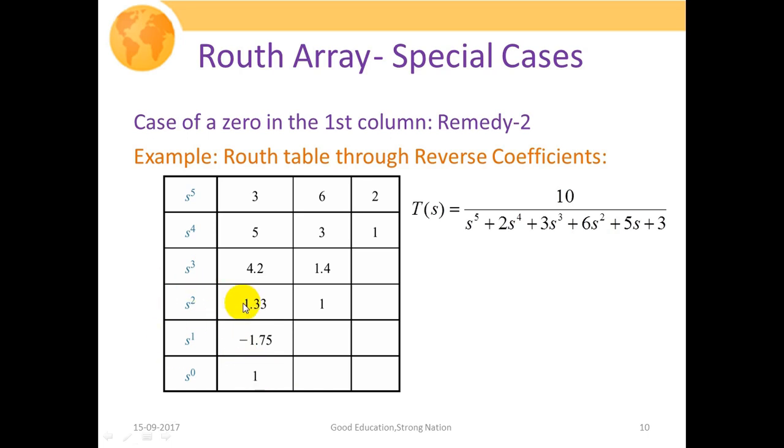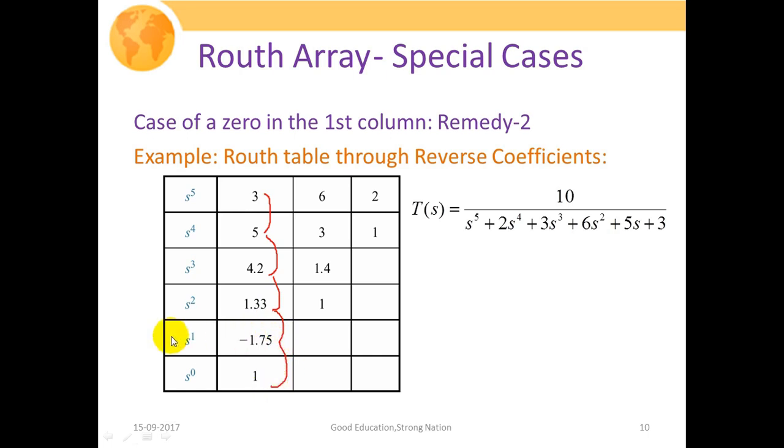Now the next step is to analyze the stability of the system. We'll again analyze this first column of the Routh table and evaluate the number of sign changes. Plus 2 plus, no sign change, again plus 2 plus, no sign change, plus 2 plus, again no sign change, then plus 2 minus, one sign change, and then again minus 2 plus, another sign change. So there exist two sign changes.